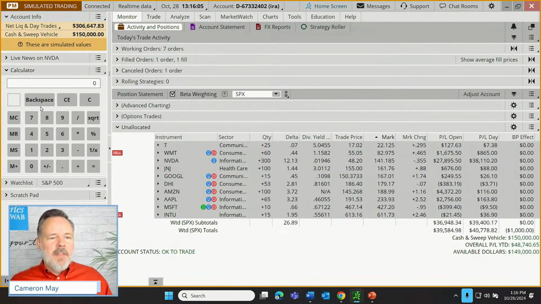Let me do one extra thing. Since it takes 58 points for the S&P to move 1%, let's multiply 2689 by 58. And this is what this means. 1,559. What is that telling us? That's telling us that if the S&P were to move 1 point, or 1%, in other words, 58 points, this portfolio stands to make about $1,559 if it were to go up. If it were to go down, this portfolio might lose about $1,559 if the stocks behave like they have in